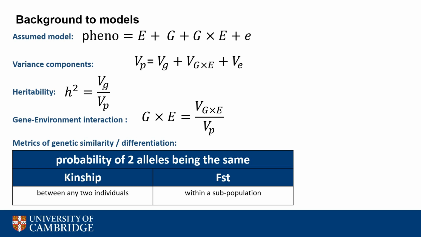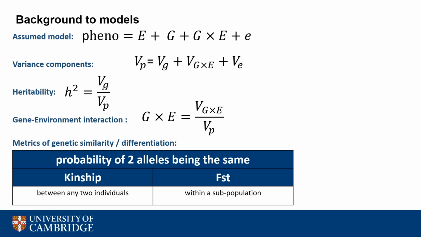Variance component models aim to decompose the phenotypic variance into additive genetic, gene-environment interaction, and noise components. A core concept is heritability, which is the ratio of the genetic and phenotypic variances. Also, I have to note here that comparing or estimating heritabilities or other variance components in genetically diverse populations is problematic. So for this reason, I had to take special care to find genetically as closely matching individuals in my UK cohort as those in Bangladesh.